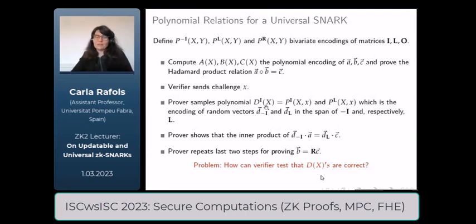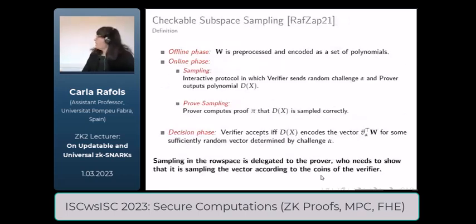So the real difficult part, because Hadamard product, inner product, everything we know how to do, but we have to find a way to prove that these partial evaluations, which correspond to sampling vectors in the row span of some matrix, are really done correctly. So this was what motivated